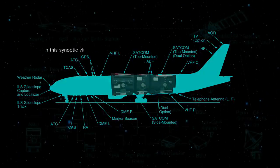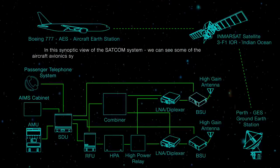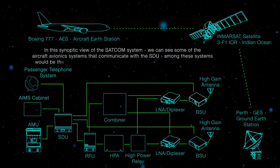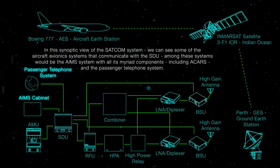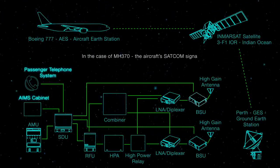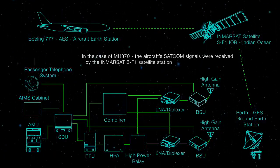In this synoptic view of the SATCOM system, we can see some of the aircraft avionics systems that communicate with the SDU. Among these systems would be the AIMS system, with all its myriad components, including ACARS and the passenger telephone system. In the case of MH370, the aircraft's SATCOM signals were received by the Inmarsat 3F1 satellite stationed over